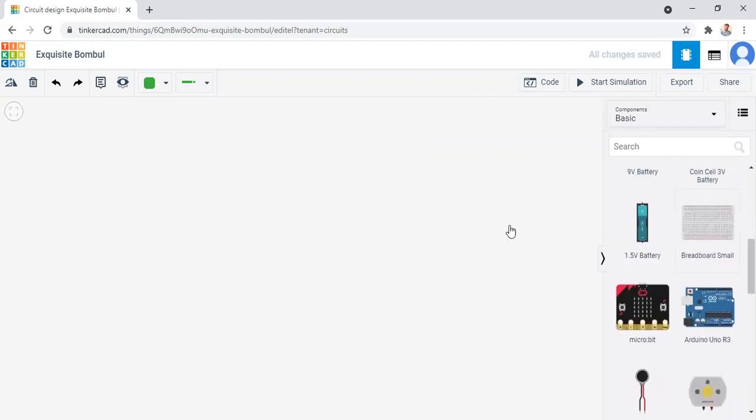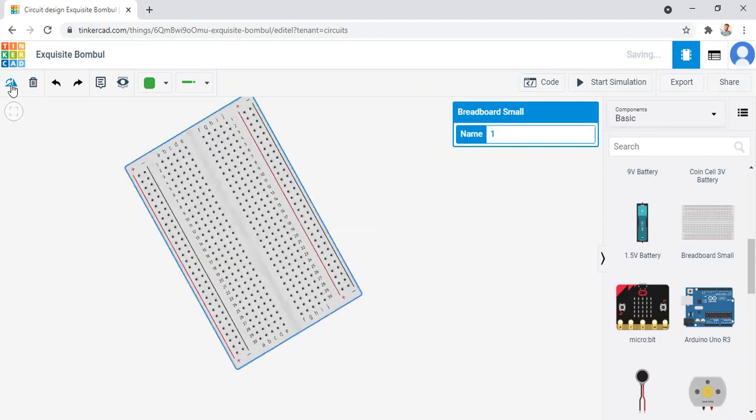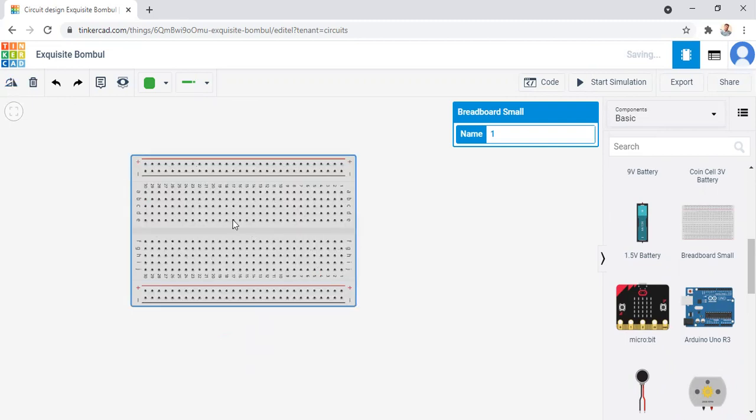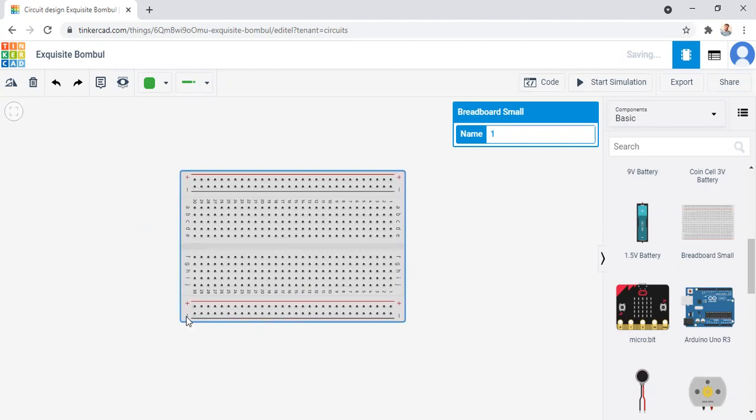By clicking, dragging and dropping, we place the breadboard on the left side of the screen. Now rotate this breadboard like this, keeping the negative layer of horizontally shorted slots on this side and the positive layer of horizontally shorted slots on this side.